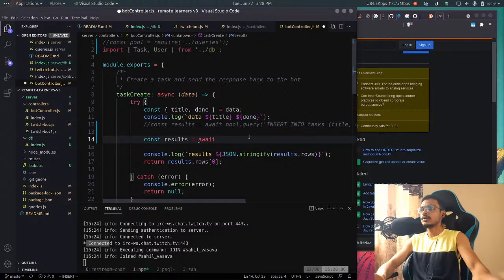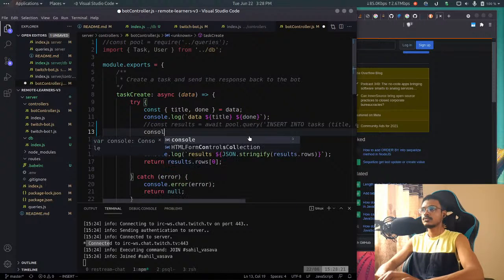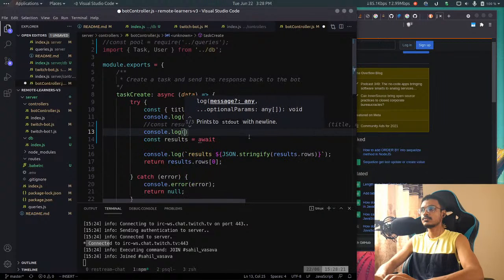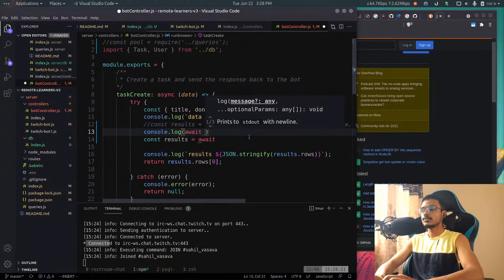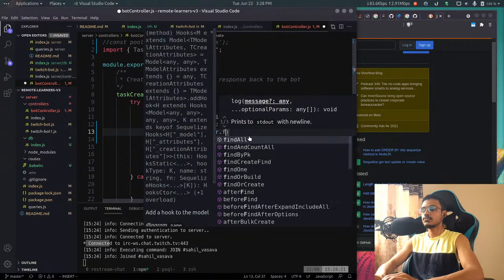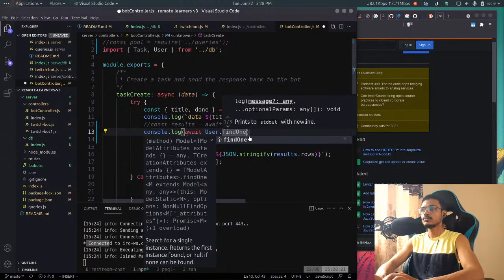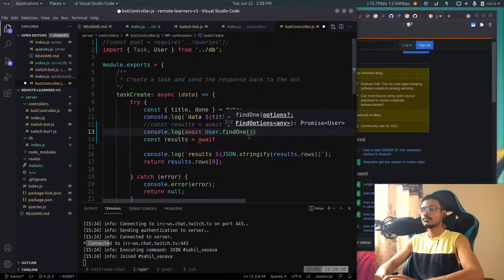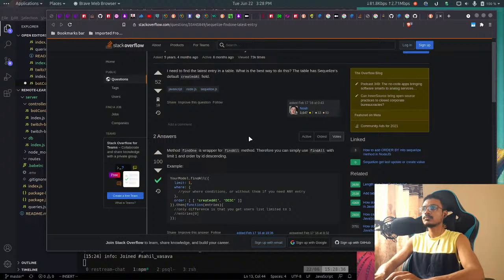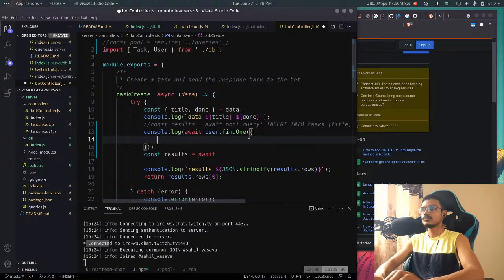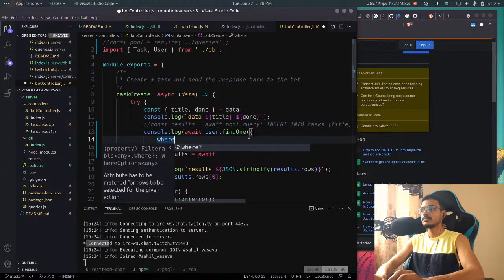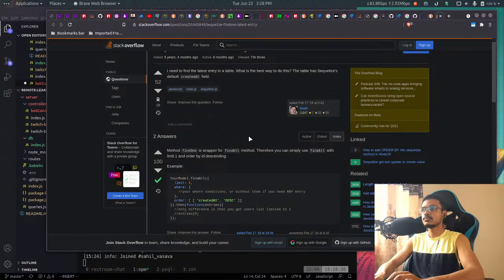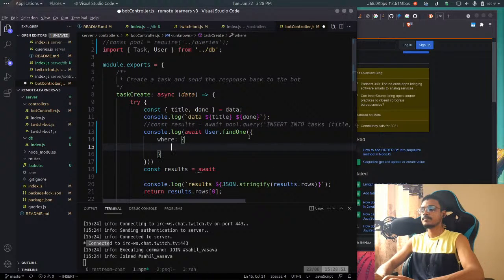And let's use find like this. Await. First we will console.log await user dot find one where Twitch ID equal to